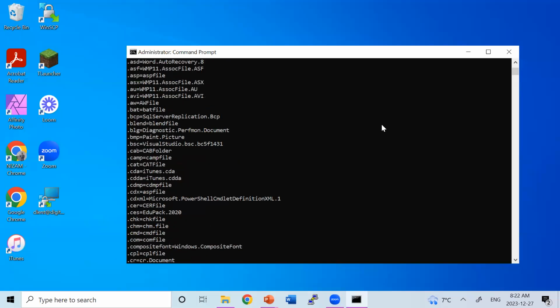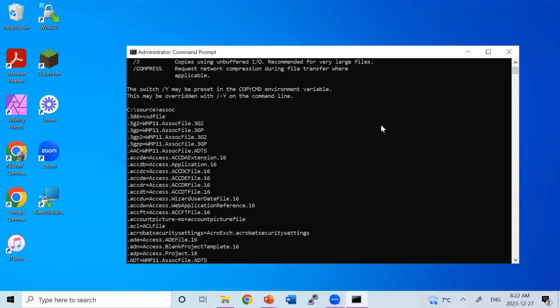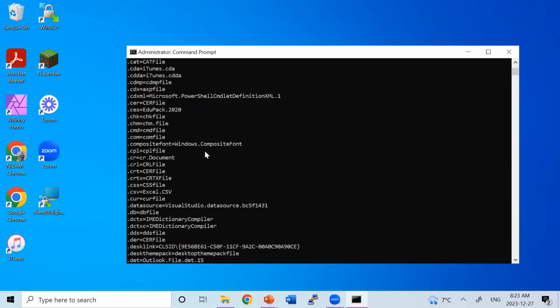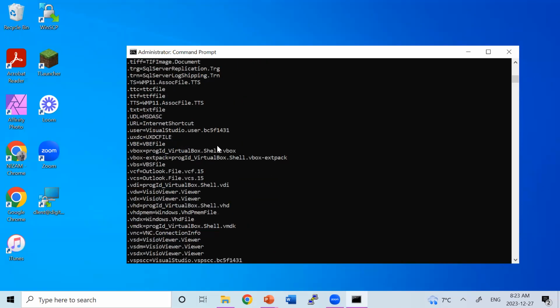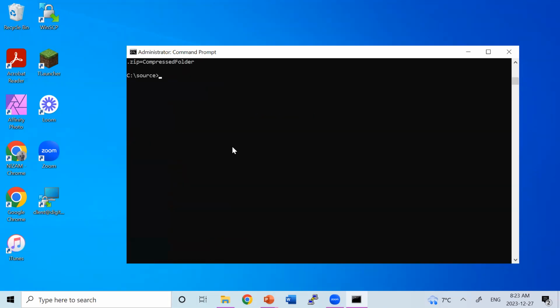As you can see, it's huge. So in my computer, there are 386 entries. Each extension has a type of file association here. Easily you can do a query. For example, if I want to know what is the file association of my text file, the one opened by Notepad,